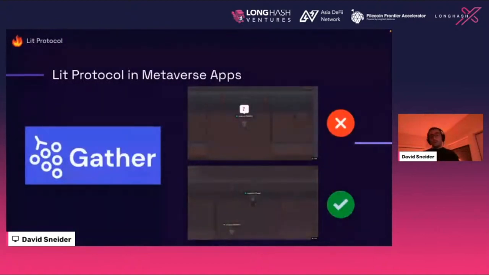Lit Protocol is also live in metaverse apps that are more in the Web 2 category. For example, we've done an integration with GatherTown. As you can see in this top example, the player is not able to enter the space. And what is being checked is their token holdings, essentially their on-chain credentials. Whereas if they have the credential to pass into the room, they can enter, and in this case, do a